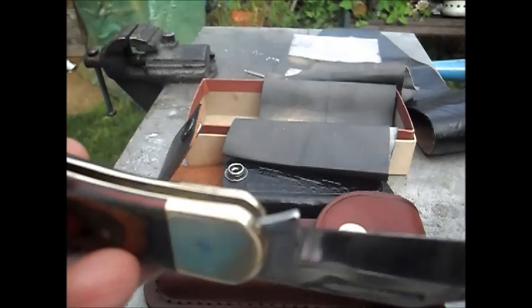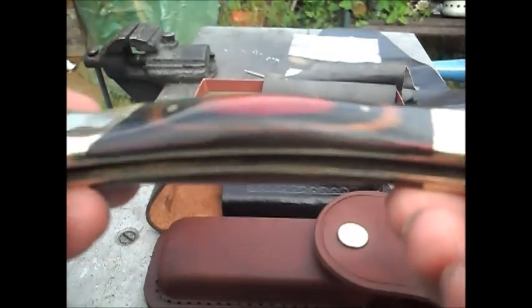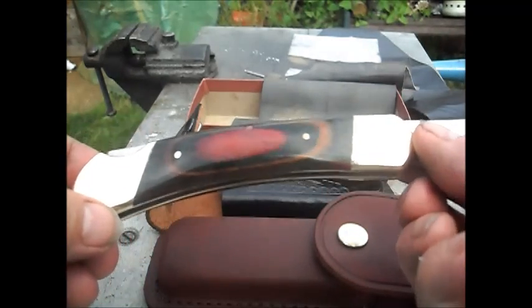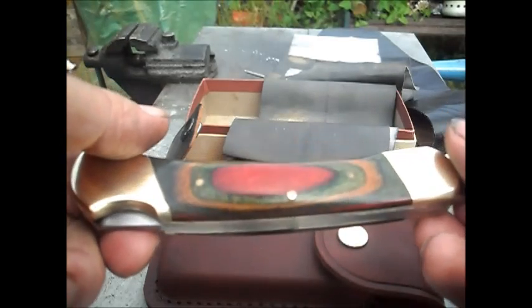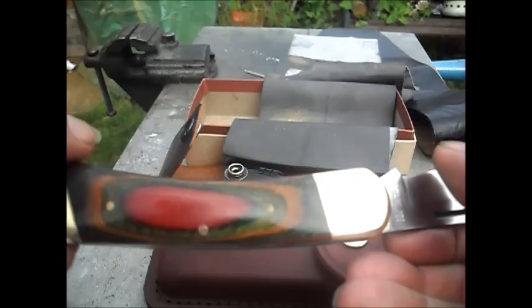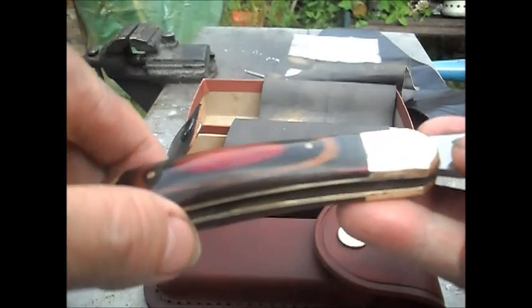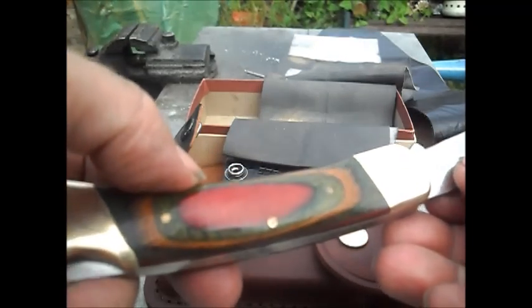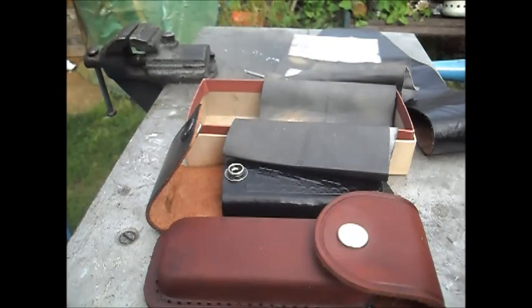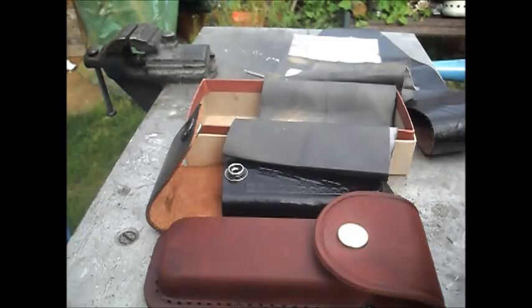The edges on these knives are still good, but the bodywork was really, really nasty. As you can see, not really my cup of tea, this knife, but to some people it's a thing of beauty, and that's looking really clean now. It actually started to eat into the brass, it was that corroded. But we're going to give that a nice final oiling and polish before we put it away. So I'm going to hand it to the guy next to me, and he's going to rub some oil in that, and I'm going to work on this piece of,